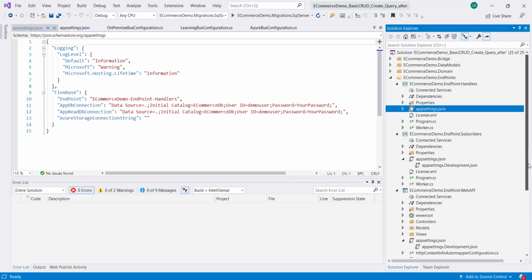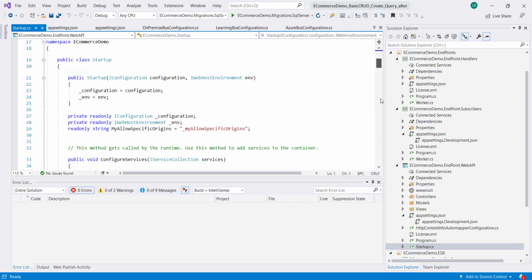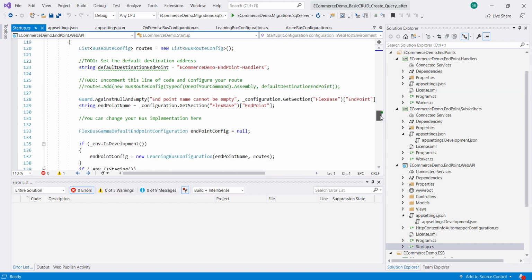So what happens is when the API posts a message, the command is created and it is put into the bus. How does it identify where to go? So that setting happens here as destination endpoint I am giving. So what I am saying is, in the bus route config, now I have got one command created. So all the code is generated for you.